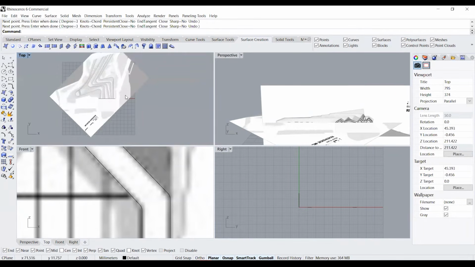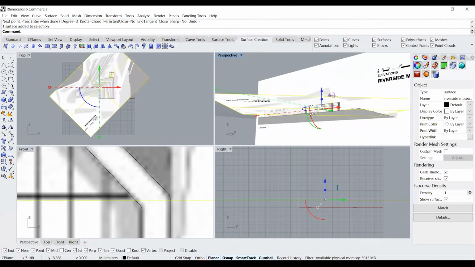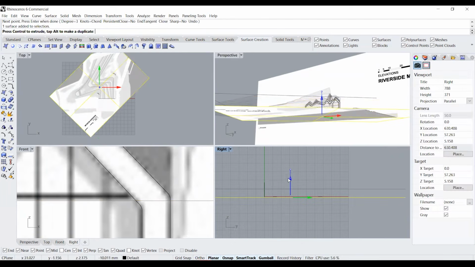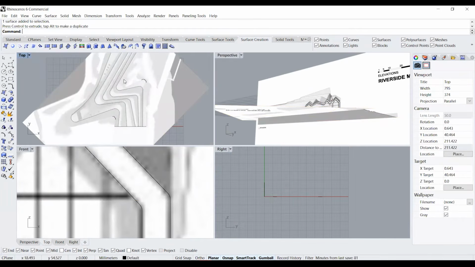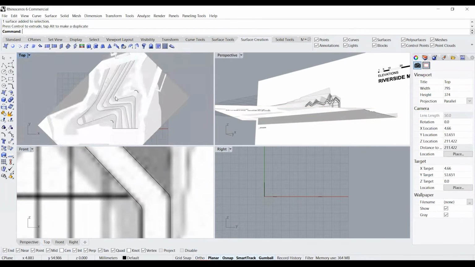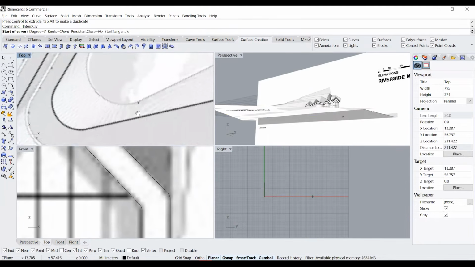The reason why we're not seeing these lines right now is because this particular plan is at a height. So I can just bring this down. And you can see these lines that we have created. This is going to continue.